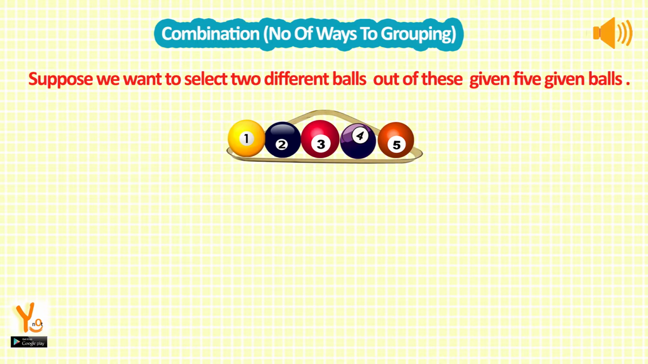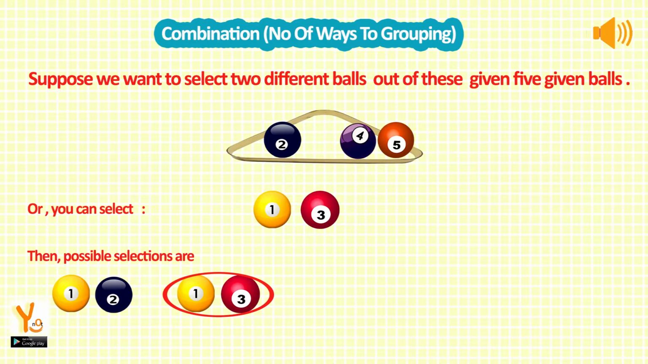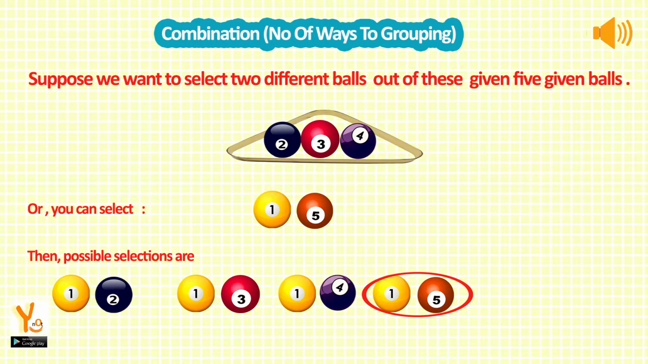Suppose we want to select 2 different balls out of these 5 given balls. Then possible selections are: you can select either 1 and 2, or you can select 1 and 3, or you can select 1 and 4, or you can select 1 and 5,